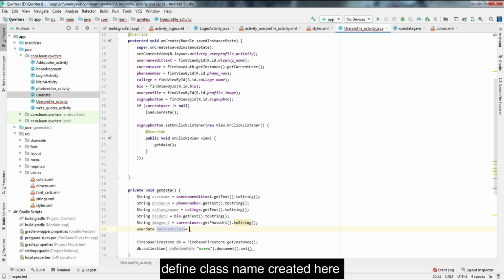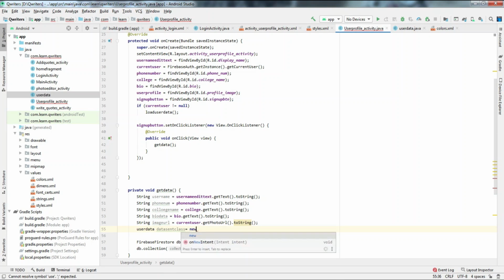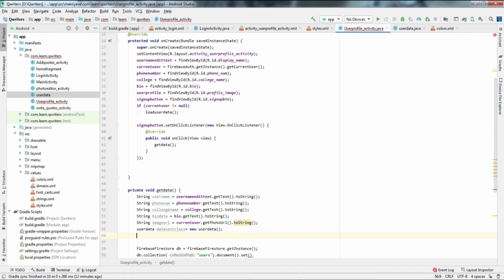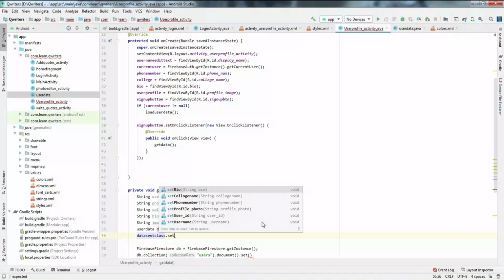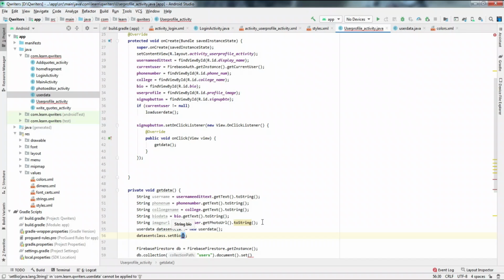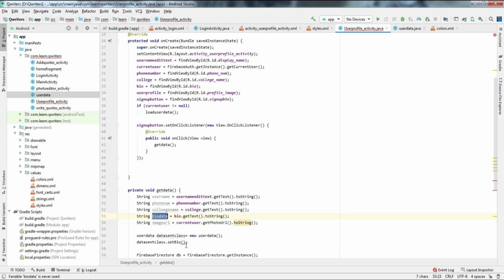So again UserData, we are defining new UserData, that's it. Now dataSendClass dot set, you can see setBio. We have defined it already, we are getting data from the EditText above, so set it here. For bio, the bio data is there, so just set the bio data here.